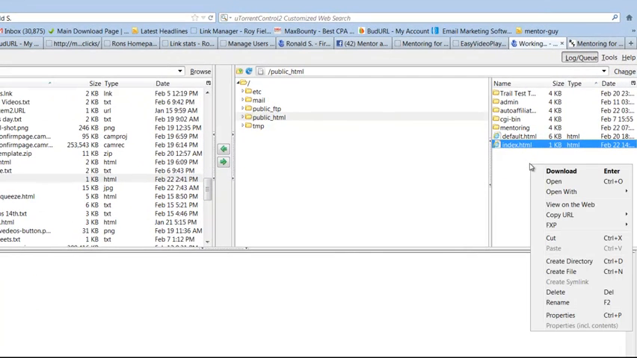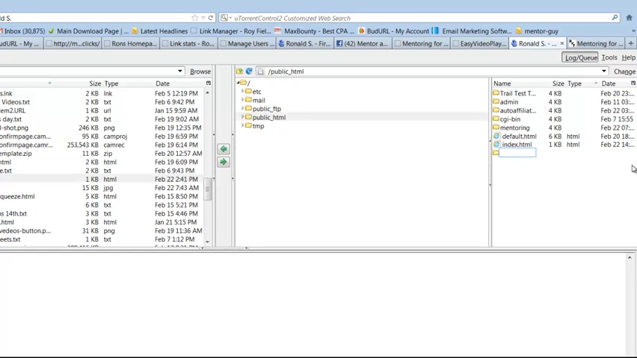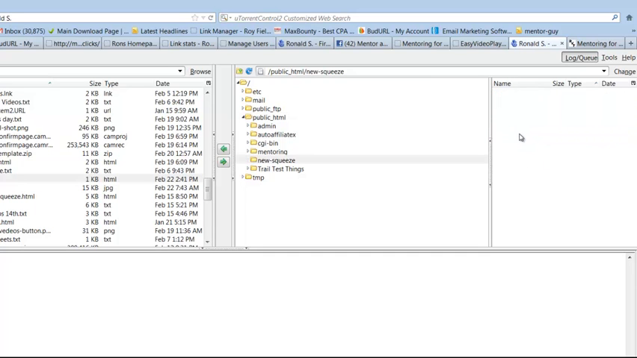Now we right click and we choose create a directory. And say this is going to be our new squeeze page. New dash squeeze, and then hit enter. Always type lowercase letters, I recommend, and put a dash in between words. So new squeeze, and now I'm going to double click on that, and now I can upload things in this